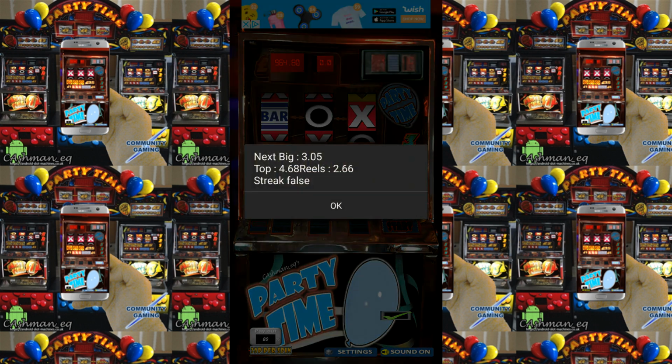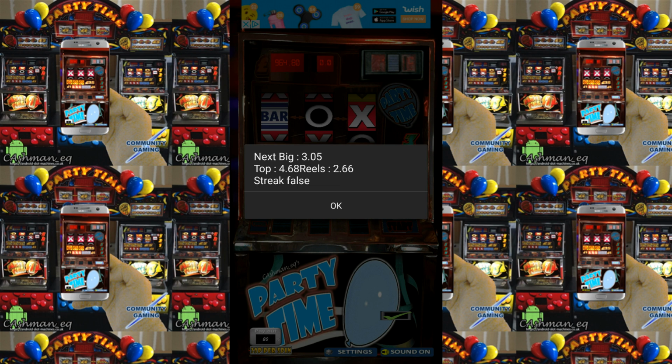So if we have a look at this one, this tells us what this slot could theoretically afford to pay out. So I've got the reels pot. Reels is pretty self-explanatory. It's the bottom reels. So pounds possible, fivers not, which means bars and jackpots at the moment wouldn't be possible. Top pot is 468, so that's close to a fiver. So a little bit more play, get a top board, you might get a jackpot out of it. And then the next big win,